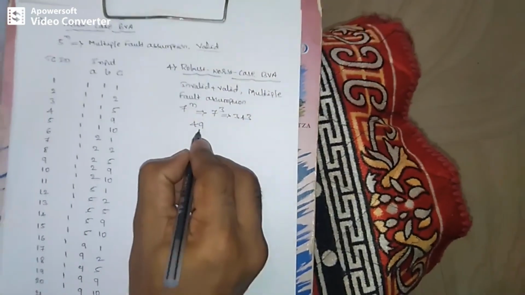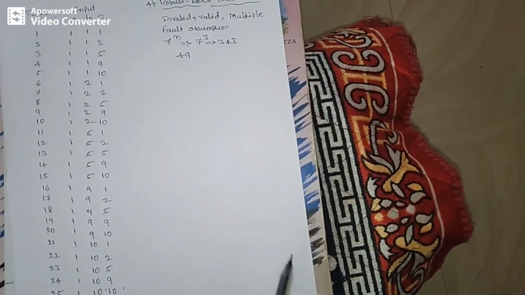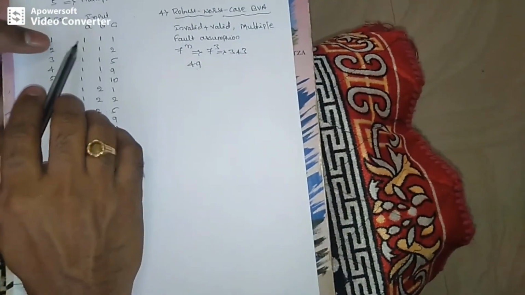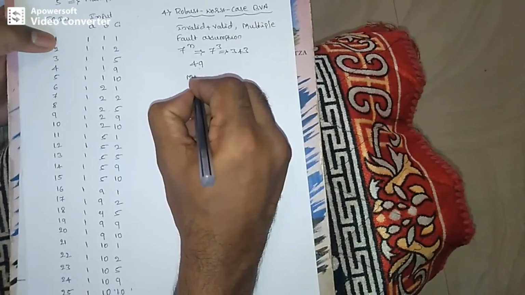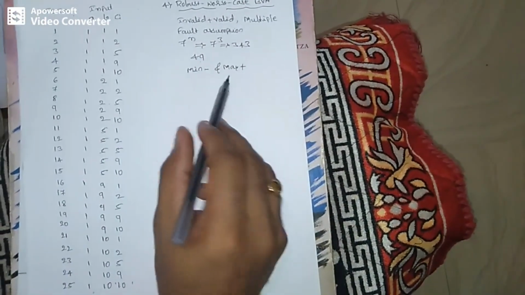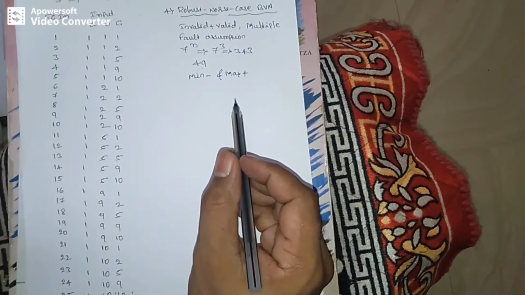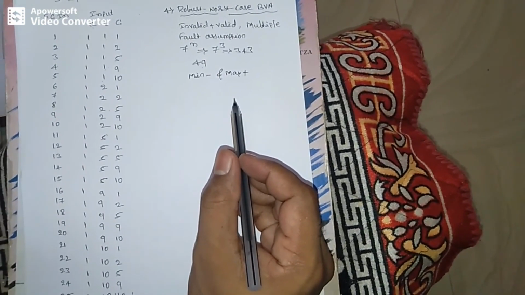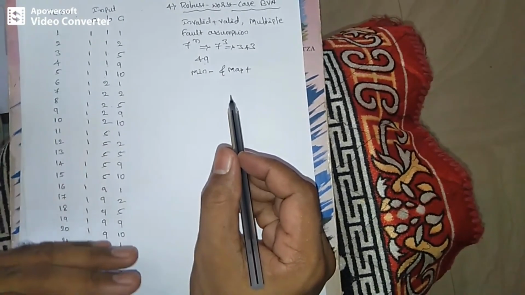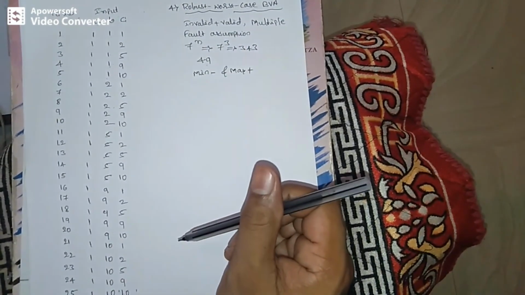First 49 test cases, how to write, I will just explain to you, so you follow the procedure. The first is for the existing worst case only, we are just adding minimum minus as well as maximum plus. These two extra input values you add, then automatically the total 49 test cases we are generating.